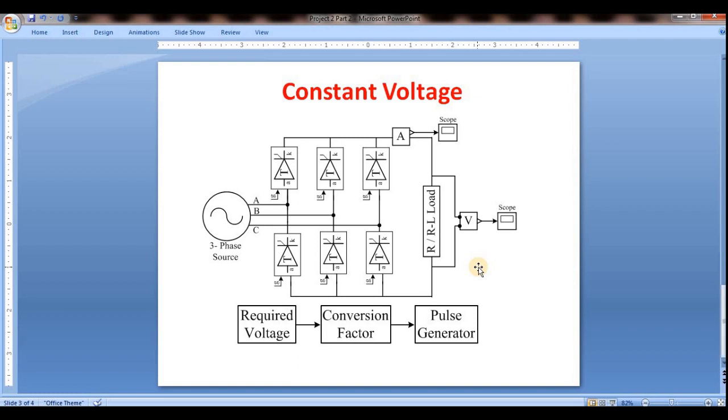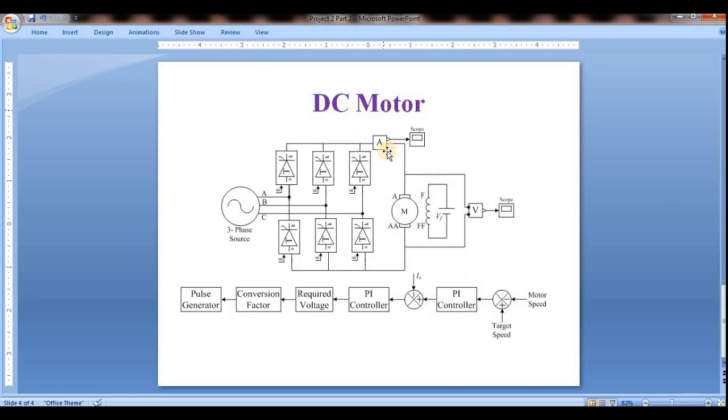So the next one is the DC motor application. This is for RLE load, so basically E is there. In my previous video I also explained the DC motor controller with a single phase rectifier. In that video I clearly explained why we are taking RLE load and how we are operating. So directly I will go to explain how we can control the speed of this DC motor, I mean DC motor speed control.